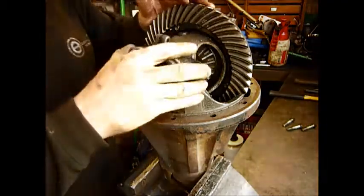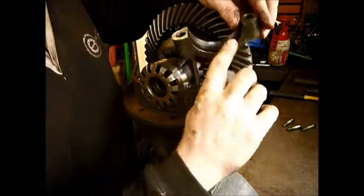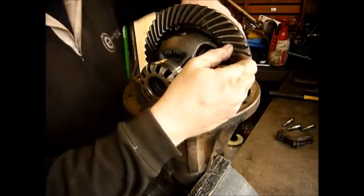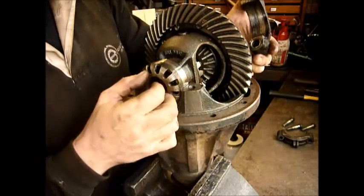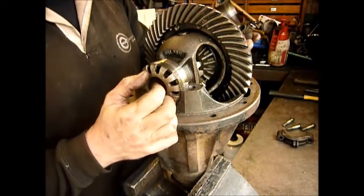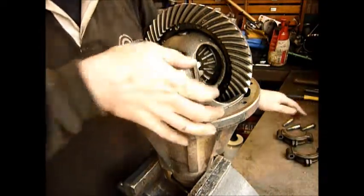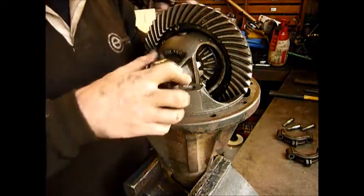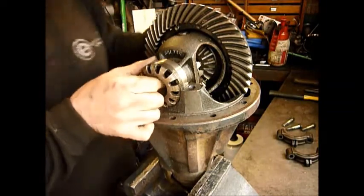So we'll take the caps off, and you can actually see here where the bearing has been spinning on this casing, and on that side as well. That's not a great indication. The bearing itself has got marks where the thread's been on, but by the looks of it there's also marks there from